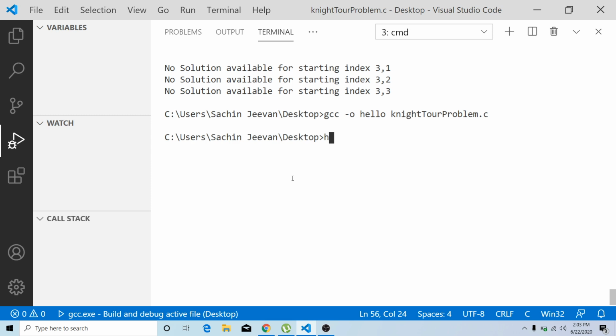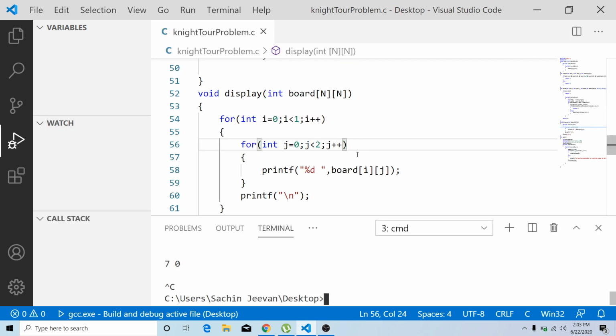So compilation successful, we can go for execution. So execution has started. One minute. I think there is something that we have done.